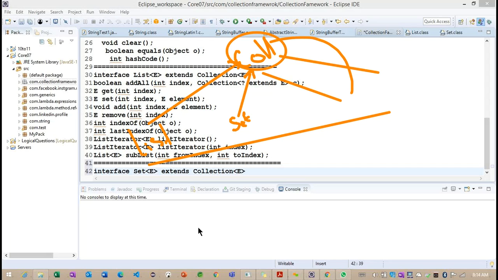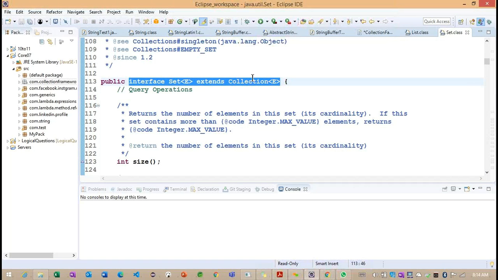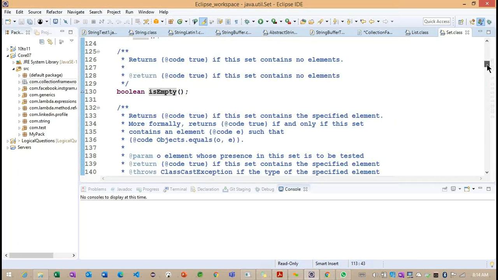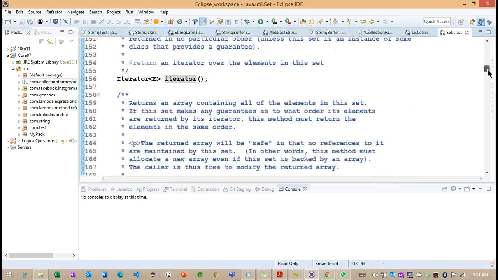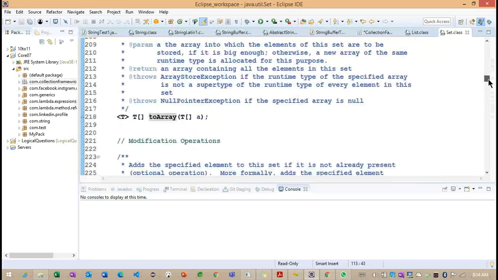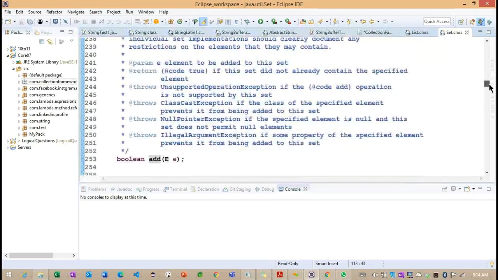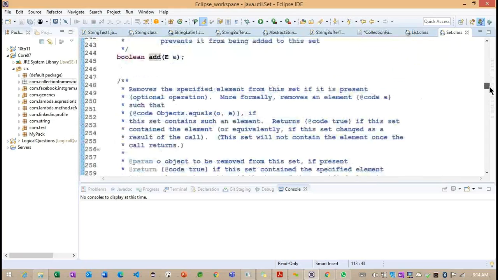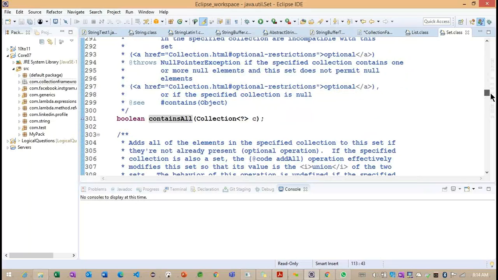Now we need to see if there is any specific method inside this Collection Set interface. Set is extending from the Collection. The size method we already identified, the isEmpty method, contains method, iterator method, and toArray. Getting the point? toArray is a generic type, then the add method and remove method.